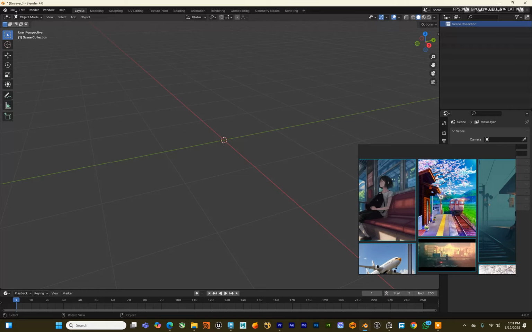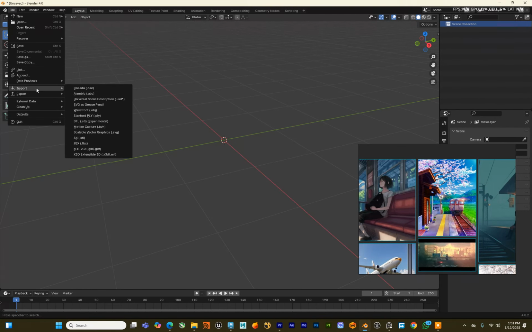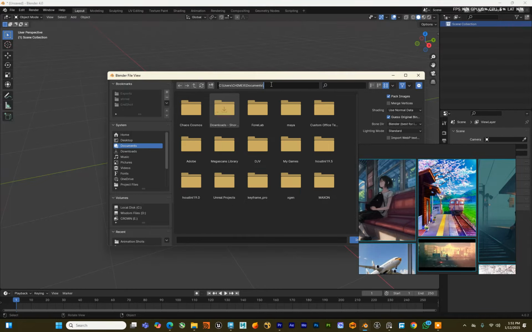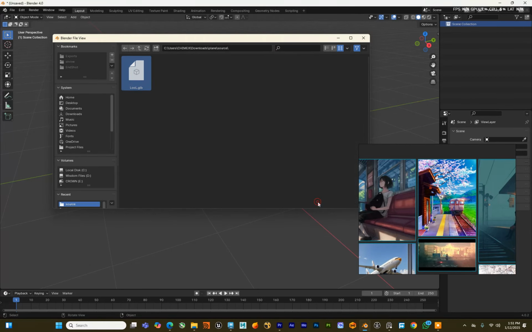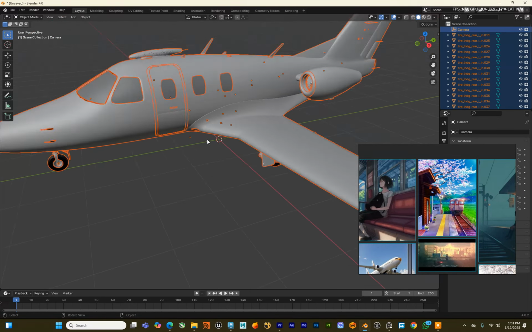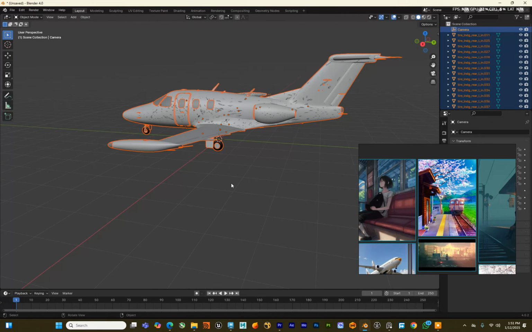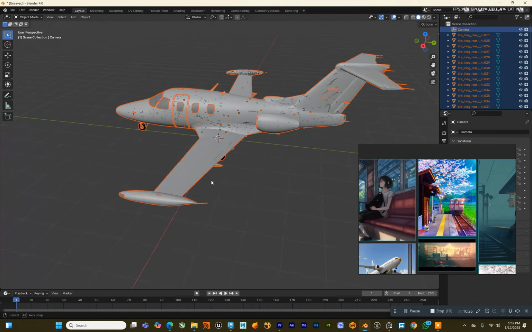I'll go to Blender, go to file, import. So you see the amount of formats you can import in Blender, right? A lot. So go to GLB, open, paste my source, enter, and then I have it here, and then my plane is here. I'll be right back. Alright, so I have my plane here,